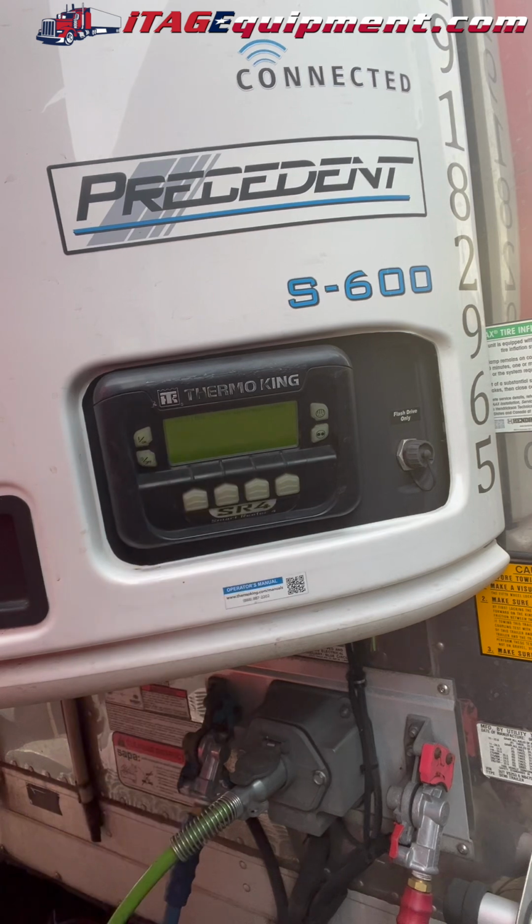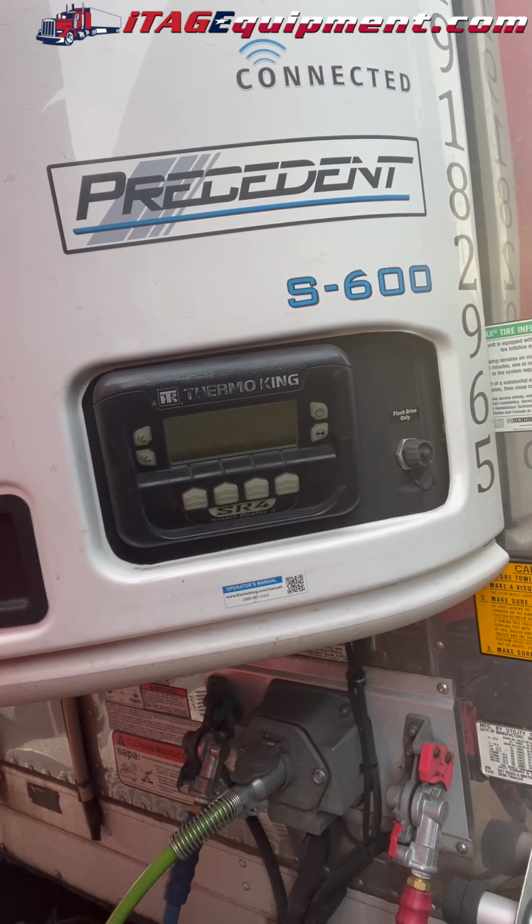Trailers don't drive themselves. Allow ITAG to handle all aspects of the delivery of your trailer with a